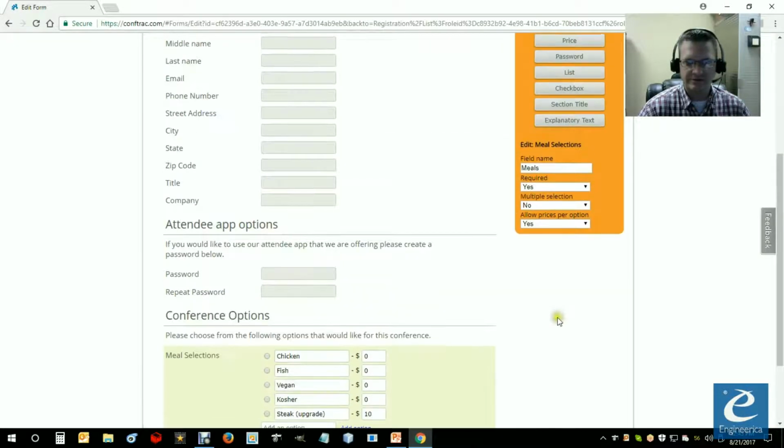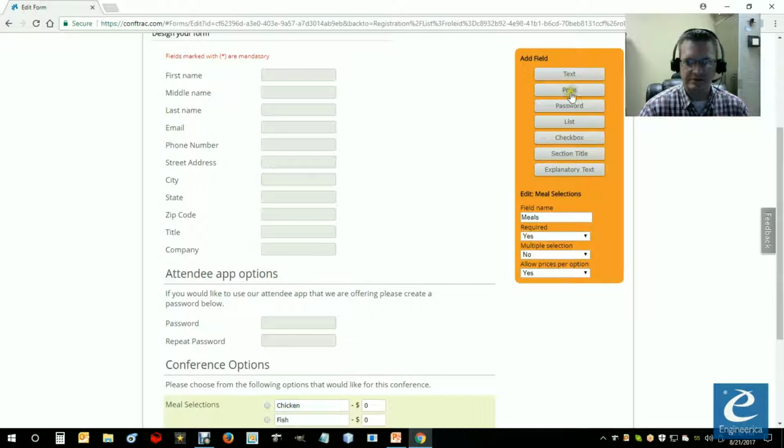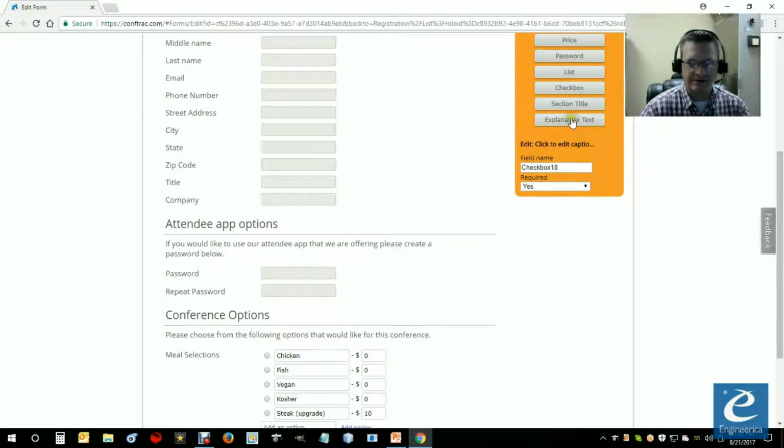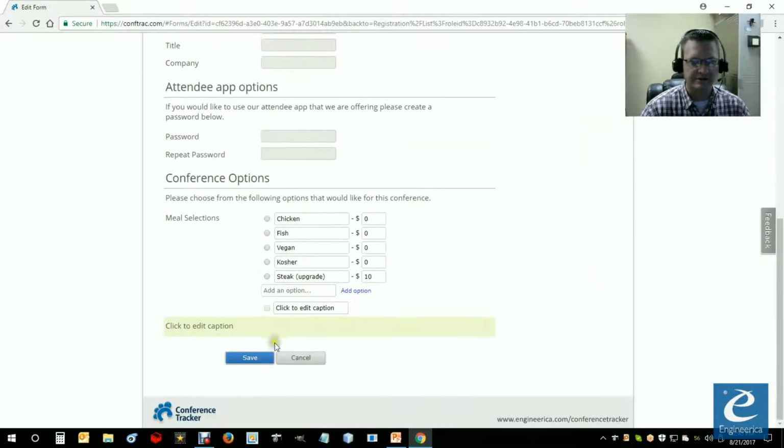So here, let's add a few other things. So we're going to use the, let's say we use the checkbox option. So here I can simply add another option for them. I may want to add an explanatory text here. So